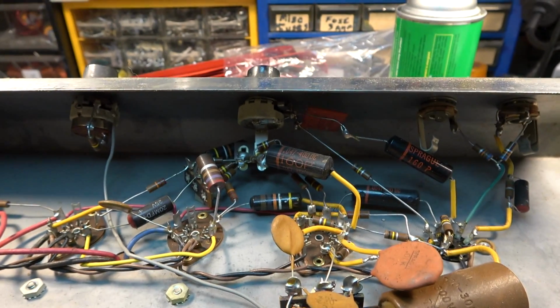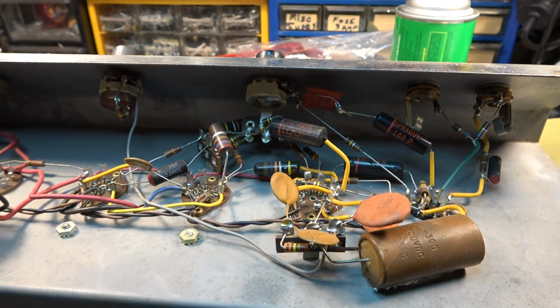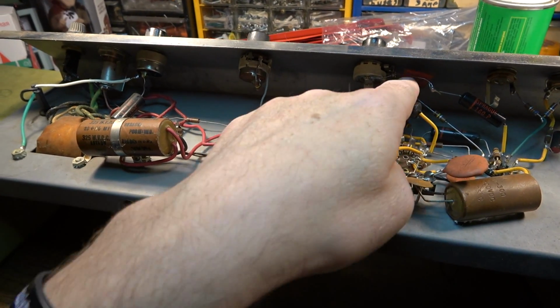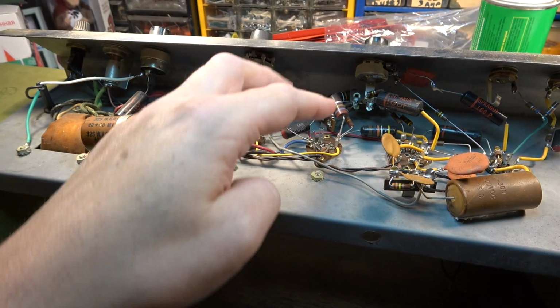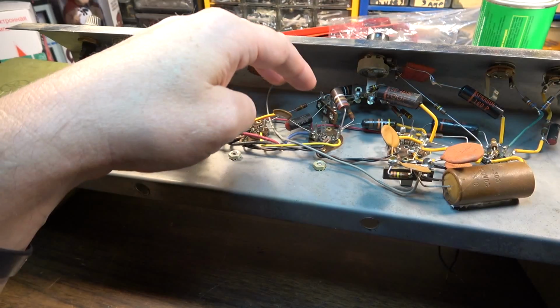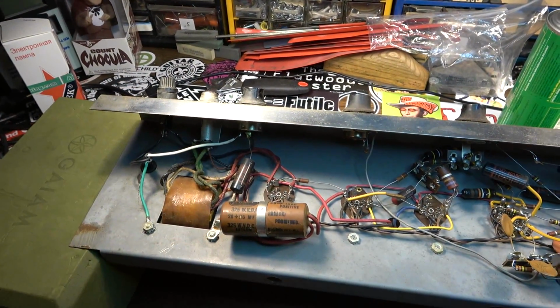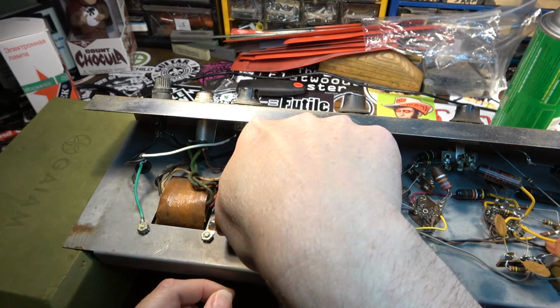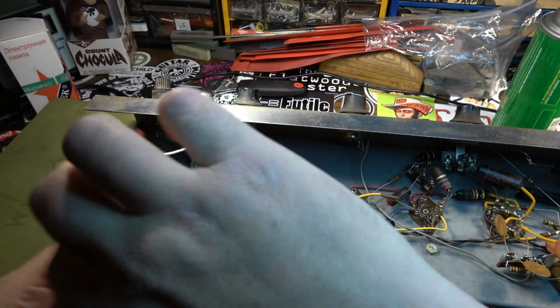But anyway, I'm gonna basically do this the way I've done Skylarks in the past. We're gonna remove this couplet up here, replace all of the capacitors, including the coupling caps. First thing I'm going to do is go ahead and remove the death cap over here, and we also are going to have to